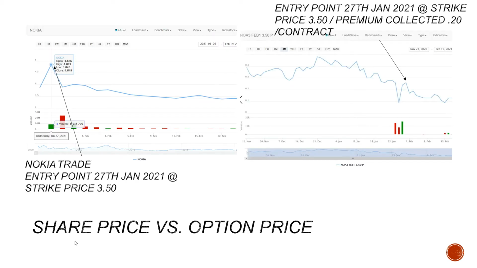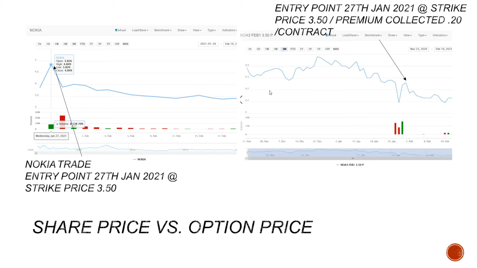So let's look at the trade which I have done. The trade here is Nokia. On 27th of January, I sold two contracts of Nokia at a strike price of 3.50. On the left hand side, what you see is the share price from the day I entered into the trade to the expiry date, which was 19th February,